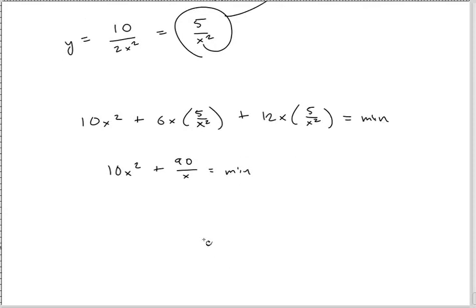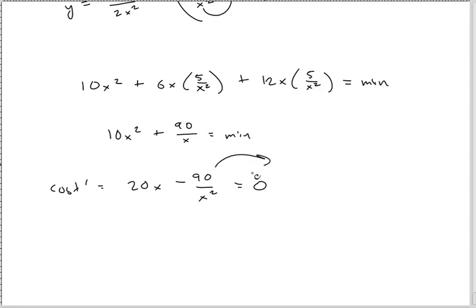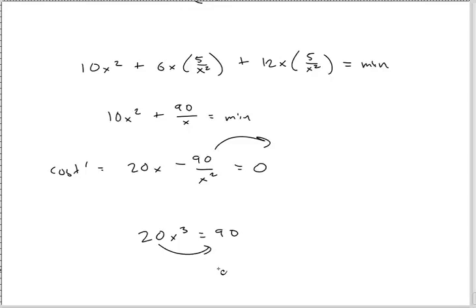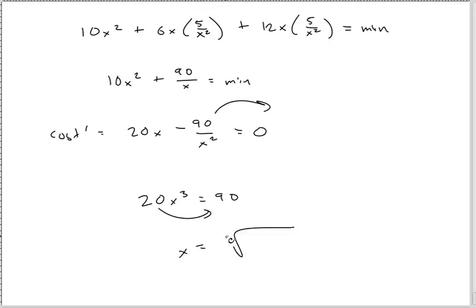It's my cost. And so I need to take a derivative of that. So cost prime. I got 20x. And this guy here is actually x to the negative 1, and so when you take a derivative, it does this guy. Okay, set it equal to 0 and solve for x. Move this guy over. I'm going to multiply by the x on both sides, make an x cubed. Divide, and then the cube root of 9 over 2 yields